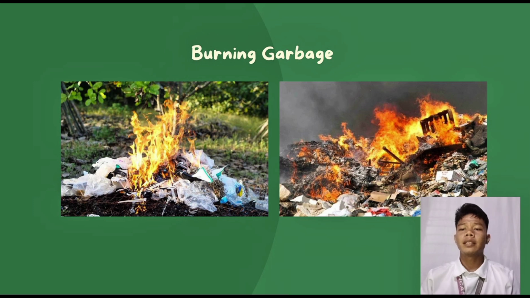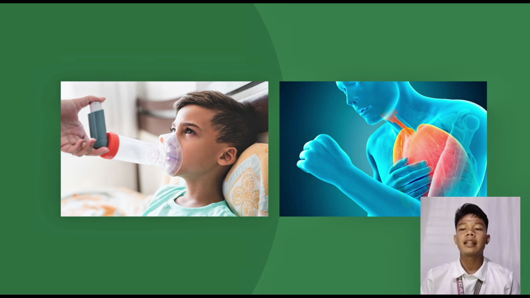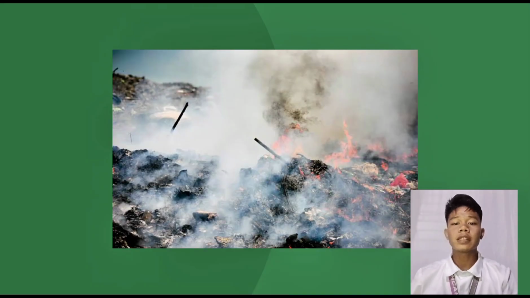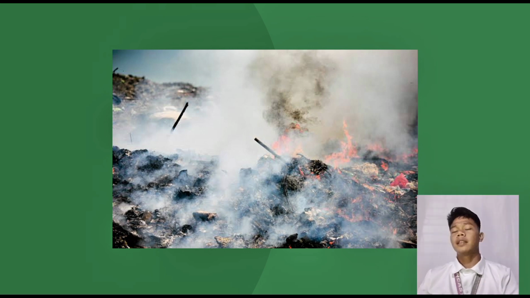Are you also practicing burning garbage at home? Many items in household garbage, when burned, release dangerous toxic chemicals and pose health risks, especially for people with asthma and other heart and lung illnesses. The smoke can settle on the ground and on fruits, vegetables, and other vegetation, which becomes dangerous to eat for humans and wild animals. The smoke that enters the air also contributes to the greenhouse effect and global warming.